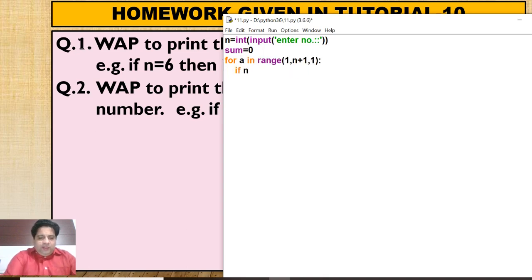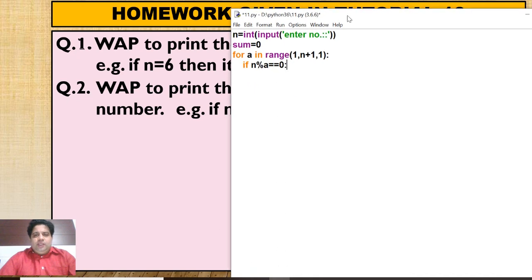Now how will you find the factor? If n mod a equal to 0. In the previous program you were printing a. Now here you have to find the sum of factors. It means sum equal to sum plus, which is the factor, n or a? A.